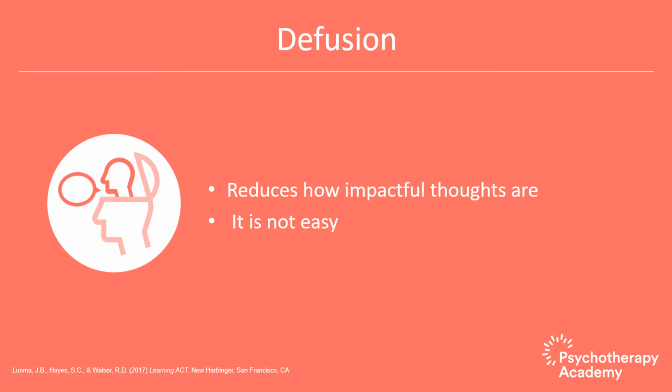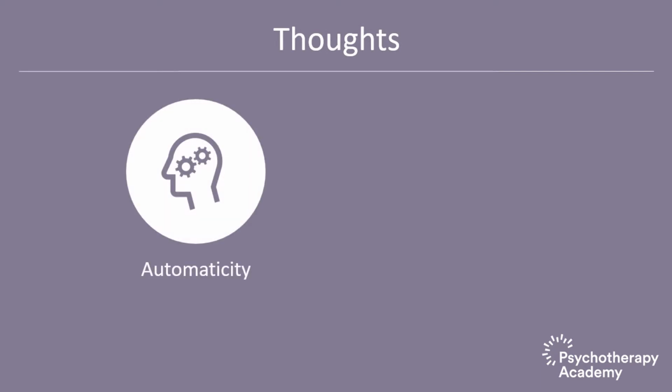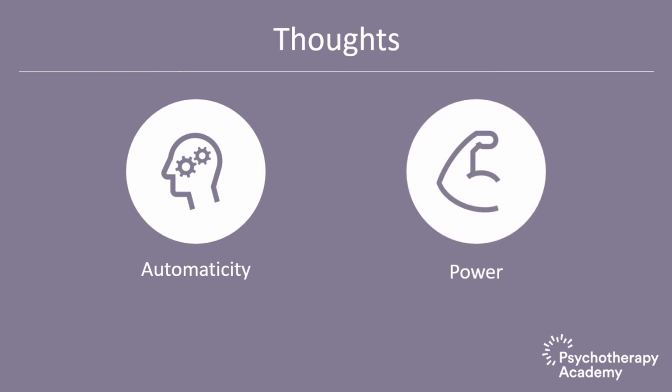We can understand how thinking has a significant impact on our actions because thoughts have two characteristics. One, they happen with a degree of automaticity. And 2, they are powerful over our actions. They're like the 1-2 punch of cognition. We'll take a look at those 2 components of thinking in the following videos.